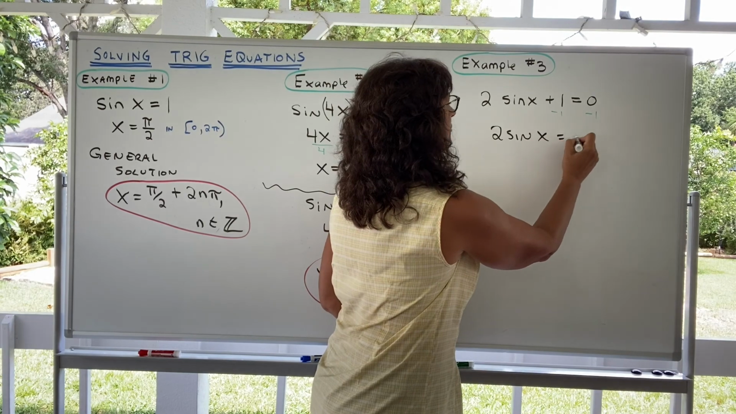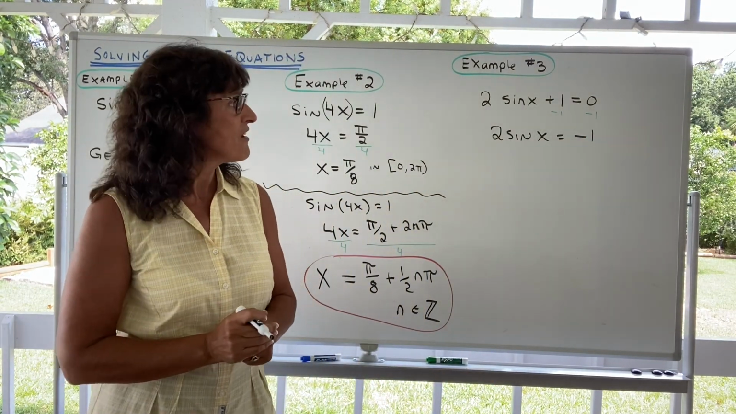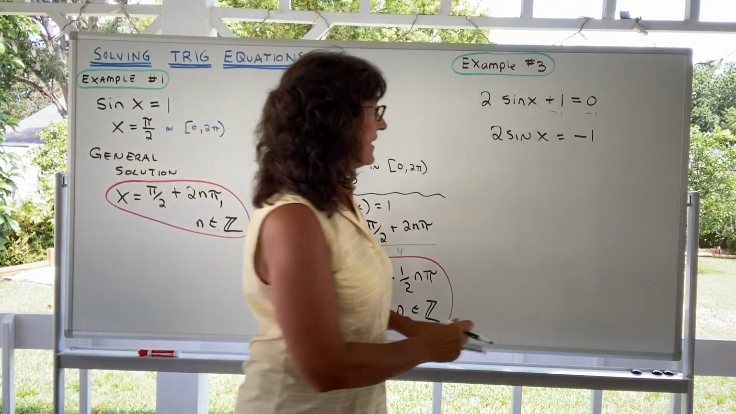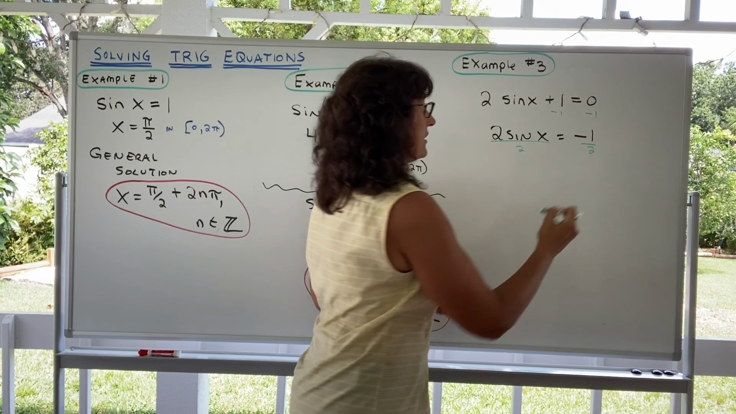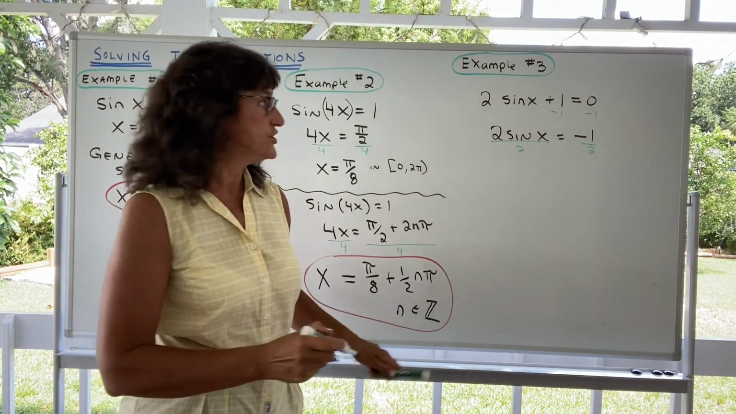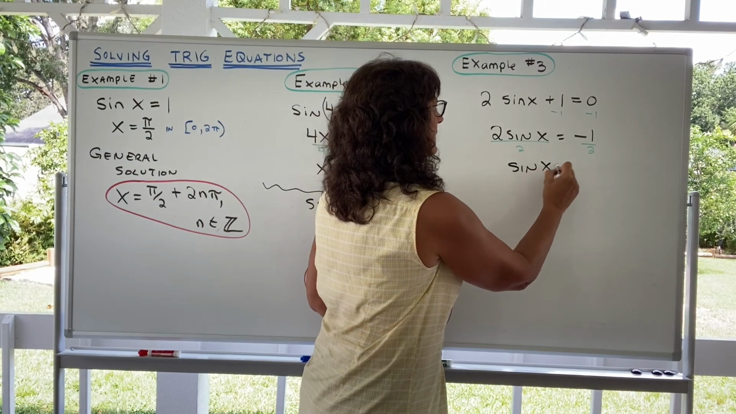And on the right-hand side, you have a -1. Okay, so we have a -1 here. All right, and then let's go ahead and divide both sides by 2, because we want to isolate our trig function, sine x. Divide by 2, the 2's cancel. So you have sine x equals